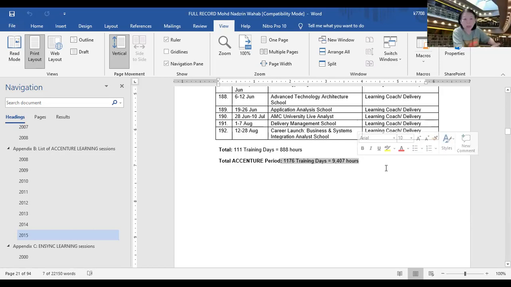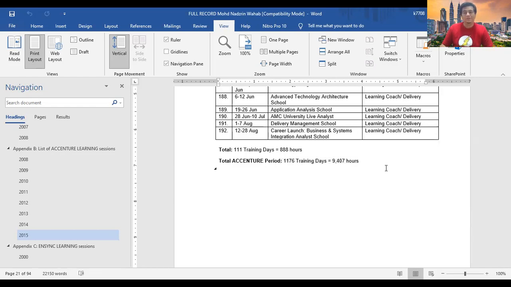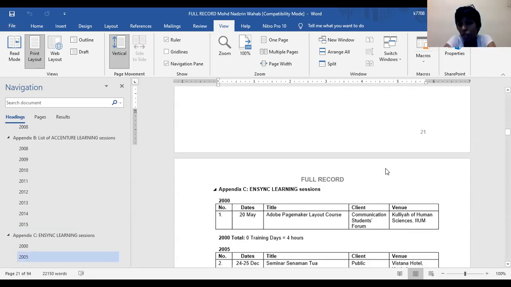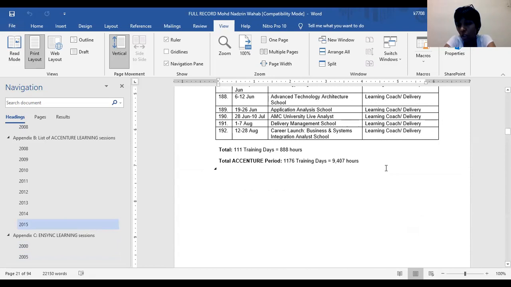You're talking about 8 hours a day or 7 hours a day? If you do 8 hours a day, because we start at 8, we don't start at 9. American style training starts at 8 o'clock and finishes at 5. They get a full 8 hours of training because they want to claim with PMI, Project Management Institute. They need a minimum of 40 hours. The course is usually 5 days long. This is the training hours that you conduct. Yes, and already that many.